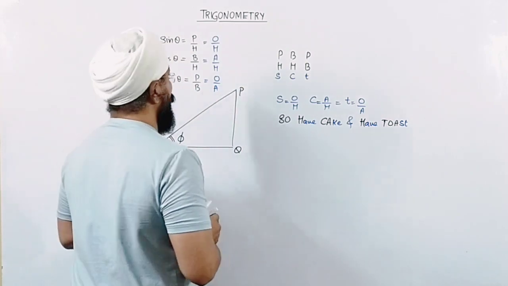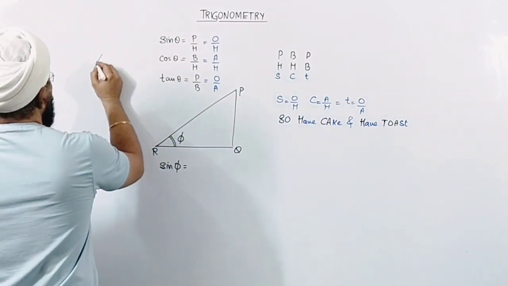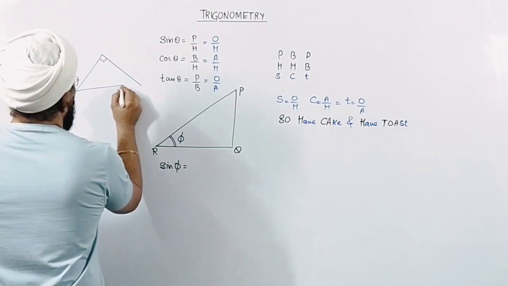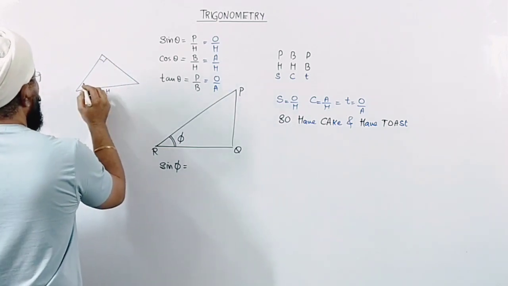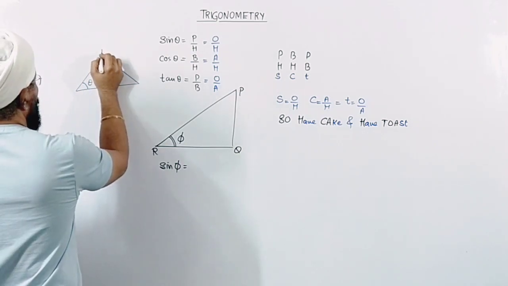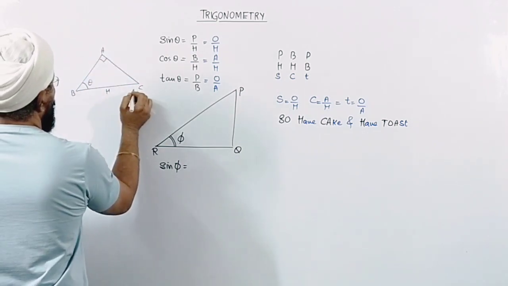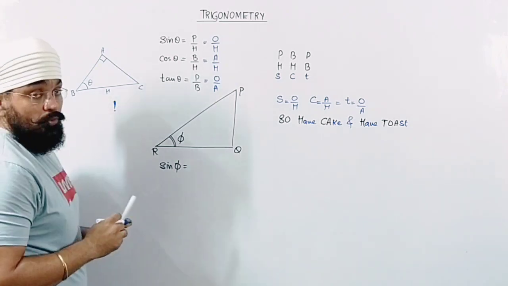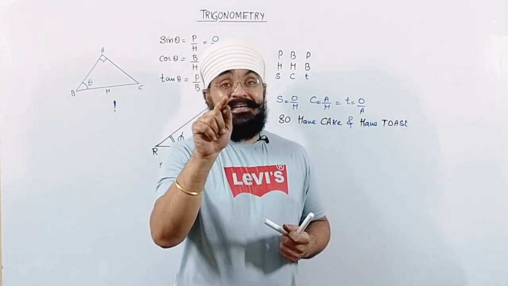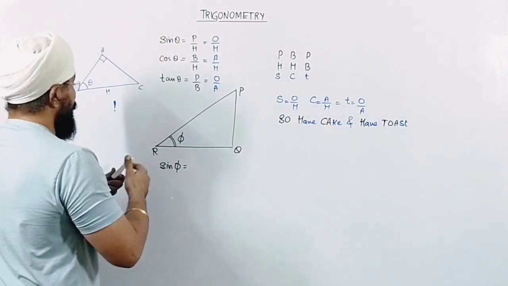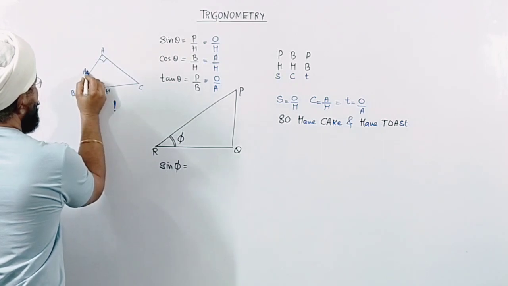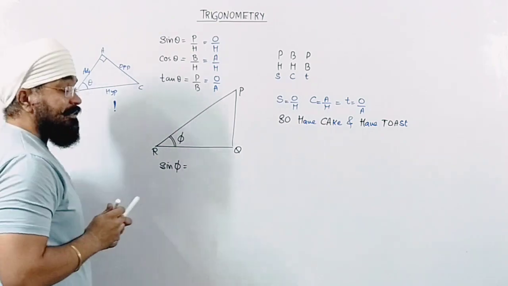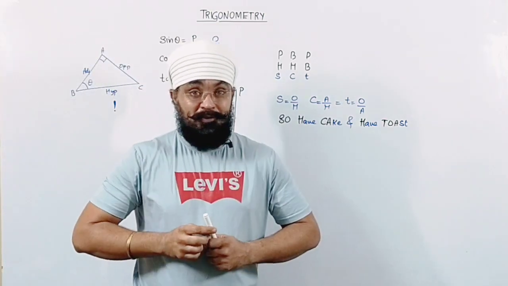Now you will get a problem with this particular definition if I say that the right angle triangle is like this and hypotenuse is here. Then there will be a problem for you. If I make this one as ABC triangle, then you will get one surprising element. Oh sir, where is the perpendicular? So in that case you should remember, for this angle this is the adjacent, this is the opposite side, and this is the hypotenuse. Then this particular main original formula will help you.